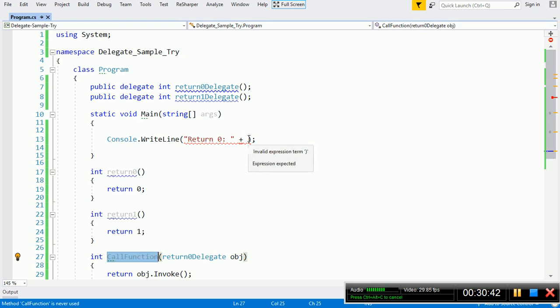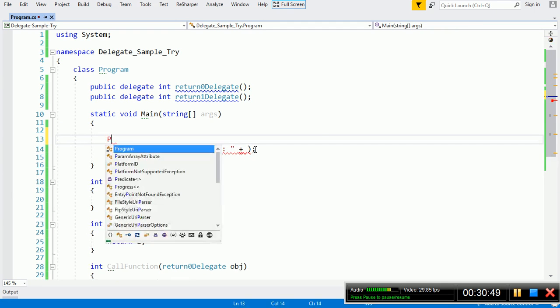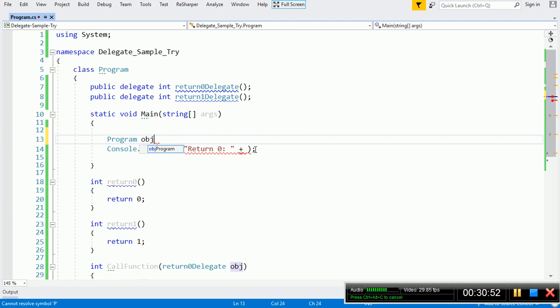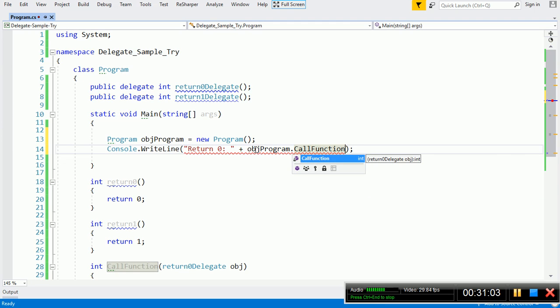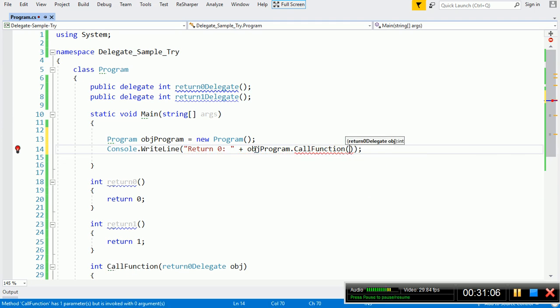Now we will call this call function here. First of all, we want to create an object for this Program class. And then here we want to pass the address of this return 0 function to the return 0 delegate.